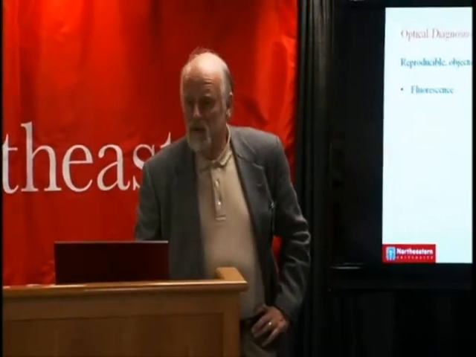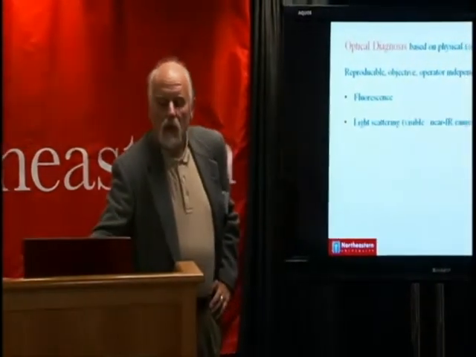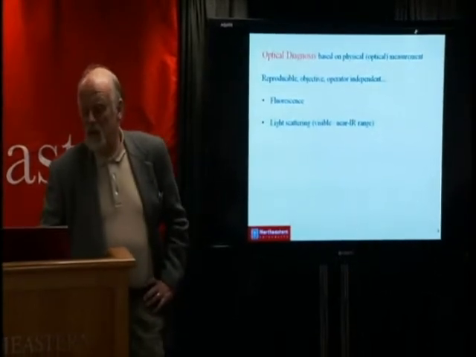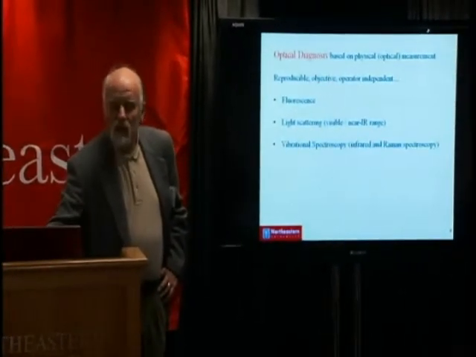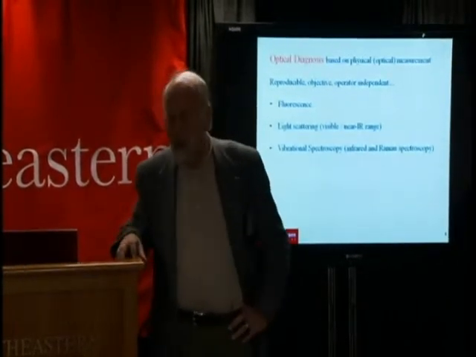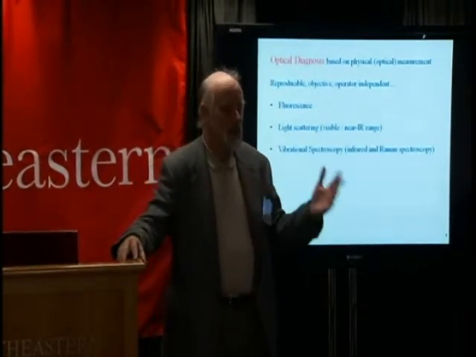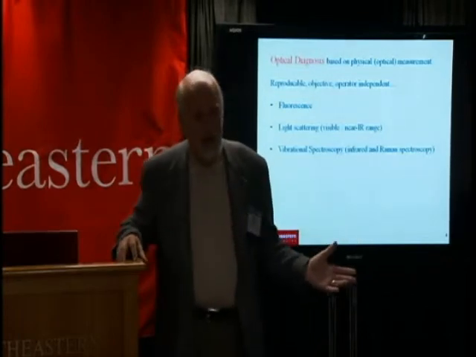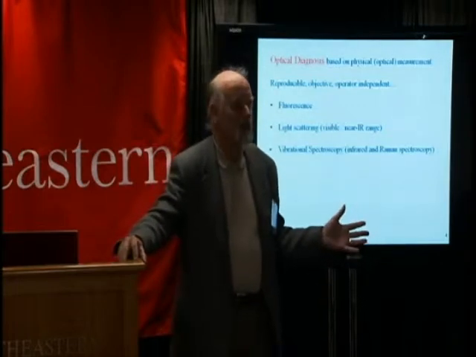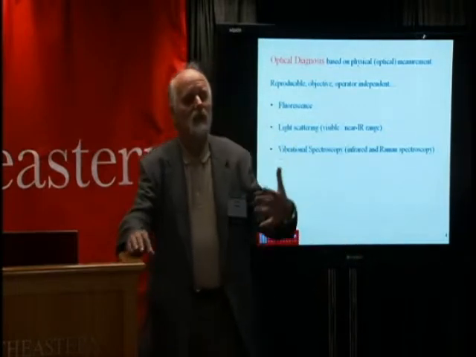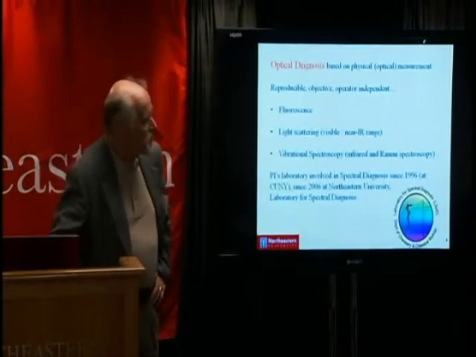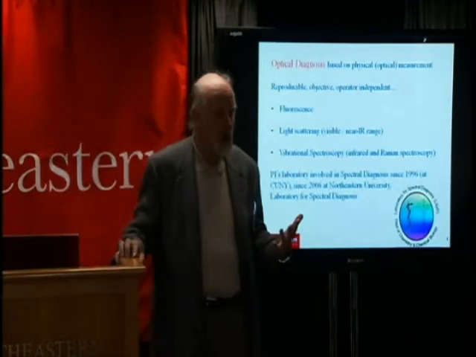You have heard about fluorescence. That is one way to do it. You can do it through light scattering. That has been done quite a bit with standard microscopy. But what we are trying to do is use methods of vibrational spectroscopy, infrared and Raman spectroscopy. Why? Because in fluorescence you get one broad, ugly peak in the spectrum. In vibrational spectroscopy you get hundreds of peaks. And they contain a fingerprint of the chemical composition, and this is what we're trying to exploit here in this